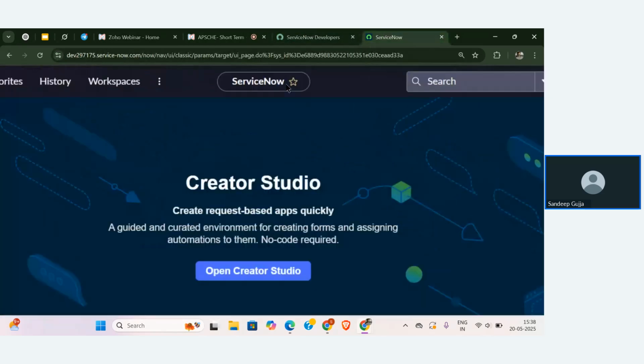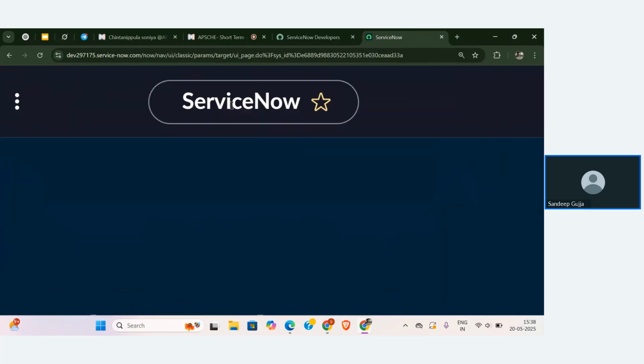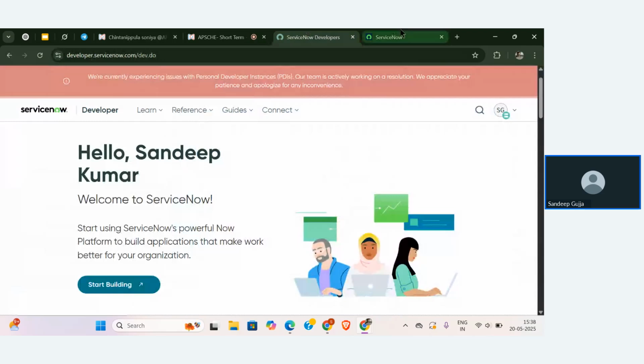Next, going with the next thing. Okay. The center thing that we have, you all can see one thing in the center, right? That is indicating with the name of ServiceNow. So why is it indicating with ServiceNow? It is indicating with ServiceNow because you are all now learning ServiceNow, right? So that's why. Is that correct?